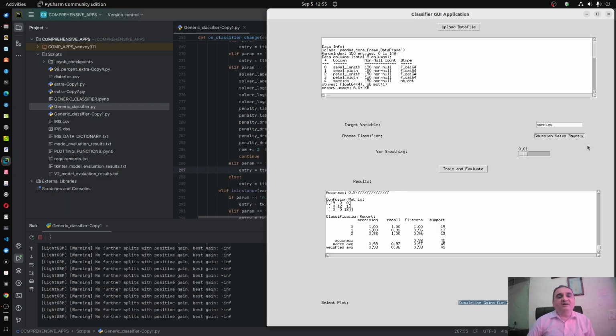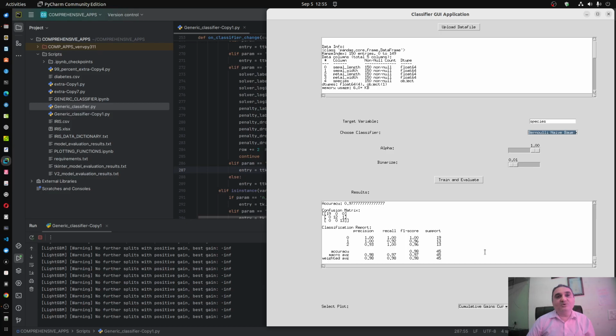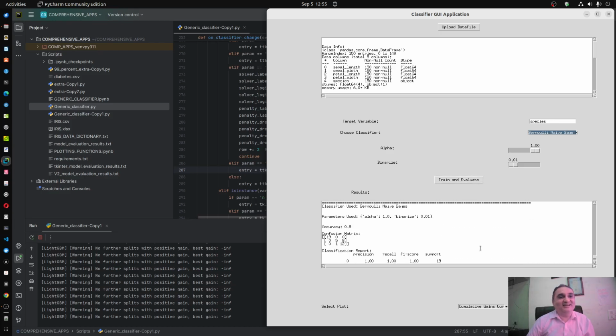So even a very cooperative data set which lends itself easily to classification will not necessarily give 100% accuracy for all models. That shows the importance of choosing the right algorithm for the right data. I choose Bernoulli naive Bayes. Actually, Bernoulli naive Bayes and all these are for discrete data sets.